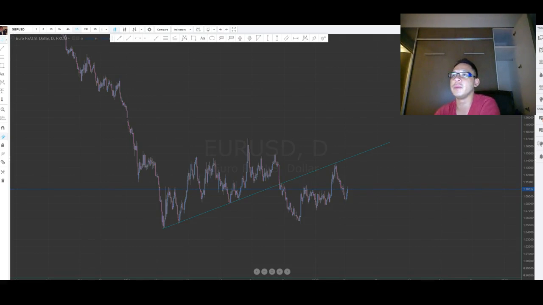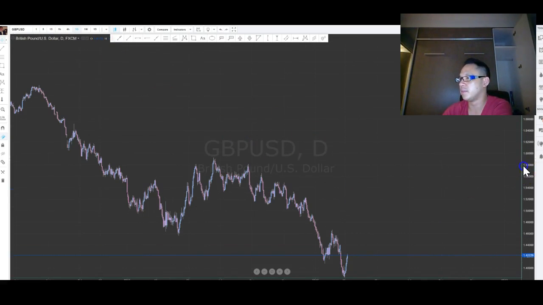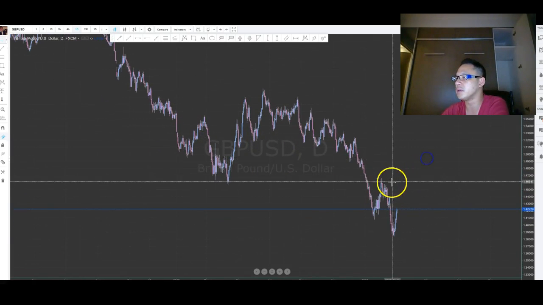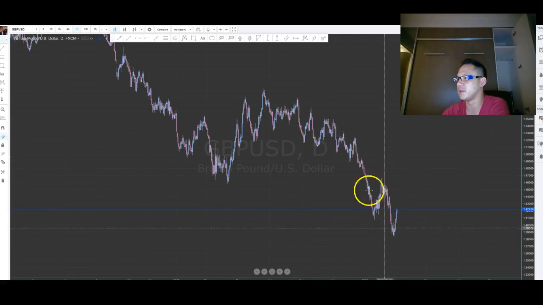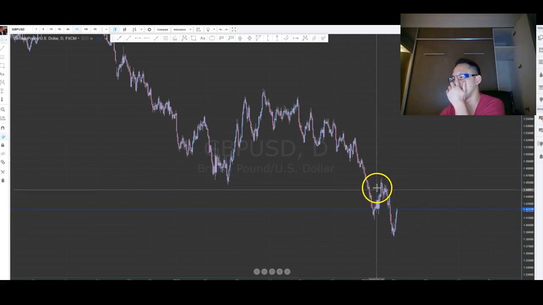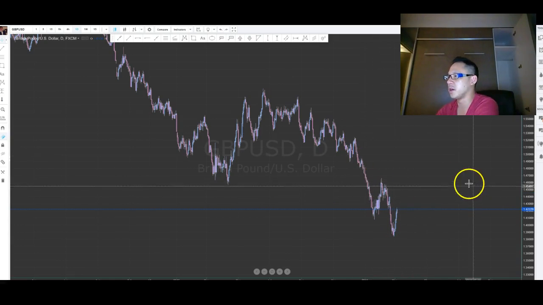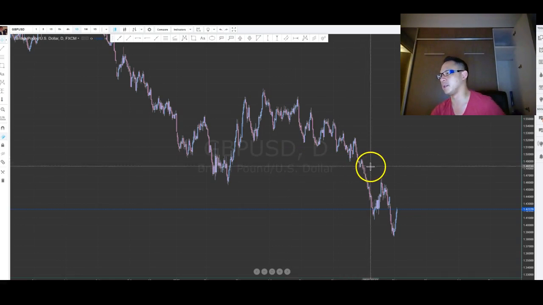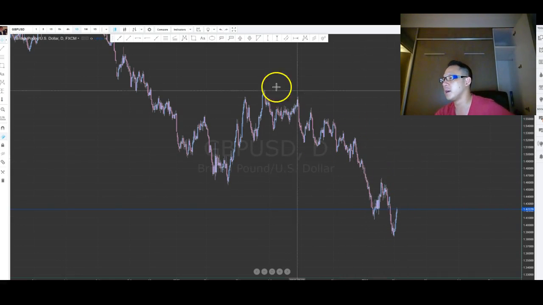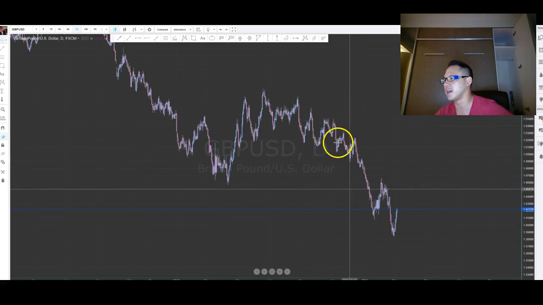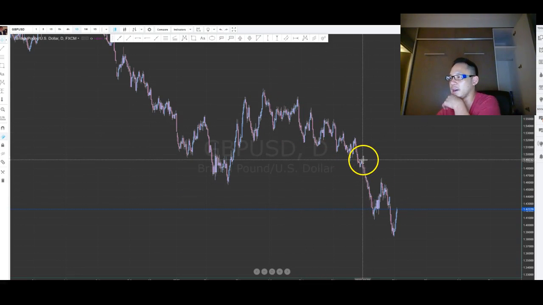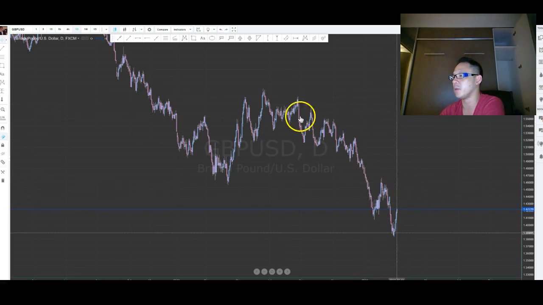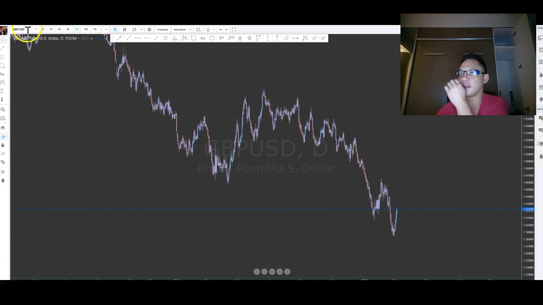Let's talk about GBP USD. Similar thing. There's a lot of talk in the Eurozone about whether Britain's going to leave the Eurozone, and that's pretty much caused the pound to collapse. Depending on the outcome of whether they're going to get out of the Eurozone or not, that's going to really tell us where this is going to go. Obviously, if they stay within the Eurozone, then most likely the currency will recover, and we might see even a big rally or capitulation. So I won't go into too much of that. Just leave it at that.